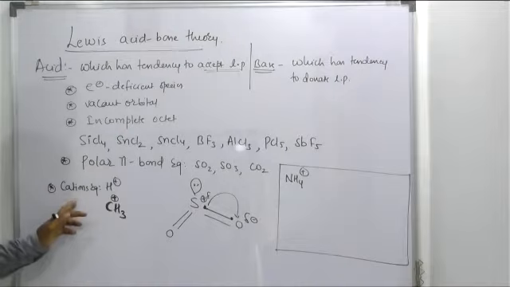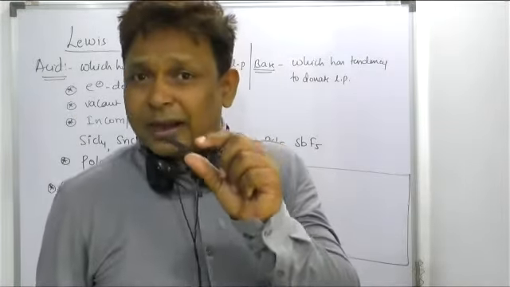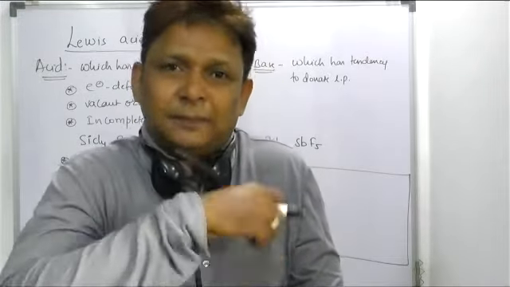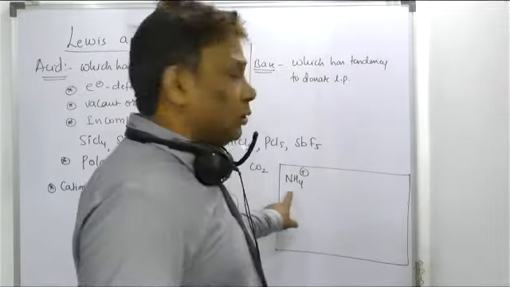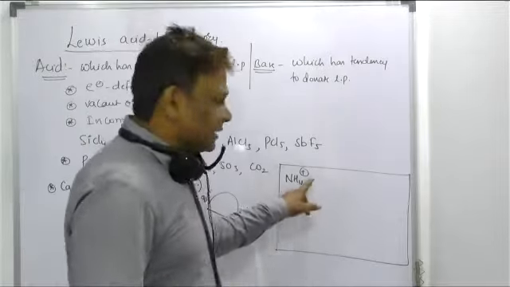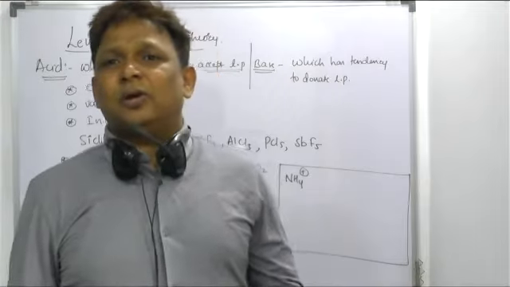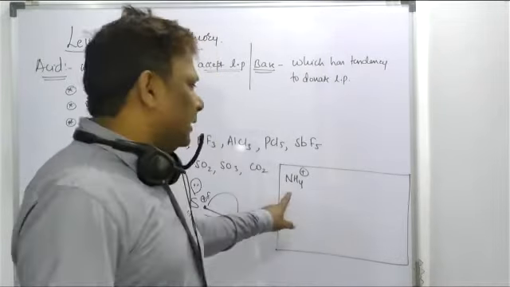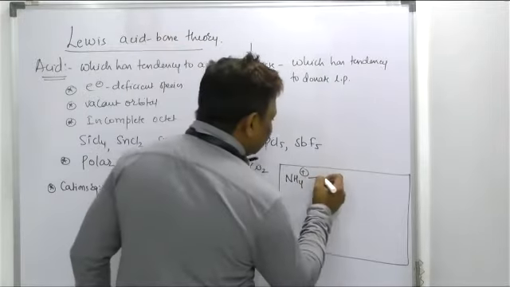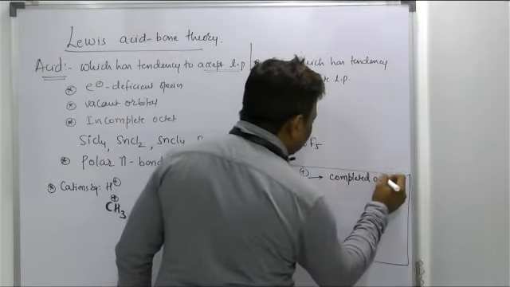Sir, you said no, cation is a Lewis acid. But a cation being a Lewis acid means that particular atom should have a vacant orbital to take the electron from outside and keep it in its pocket. But the nitrogen in the ammonium ion does not have a vacant orbital. Still, it has a positive charge, but it has already completed its octet. So the ammonium ion has a completed octet.